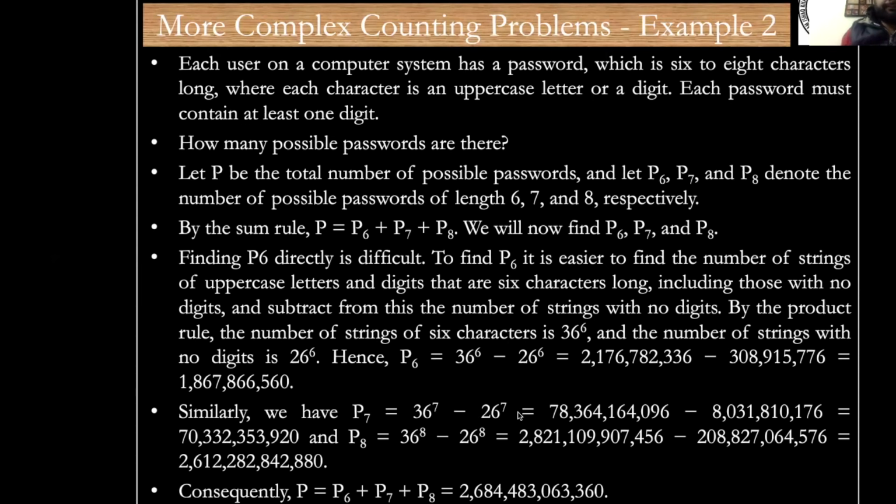Similarly, you can calculate P7 as 36 to the power 7 minus 26 to the power 7, which comes out to be 70 billion 332 million 353,920, and P8 in a similar manner by 36 to the power 8 minus 26 to the power 8, which comes out to be 2,612,282,842,880 different options. So consequently, P is going to be the sum of P6 plus P7 plus P8, which is